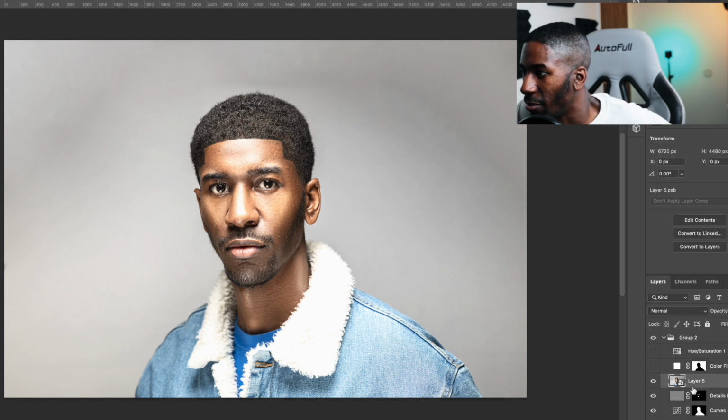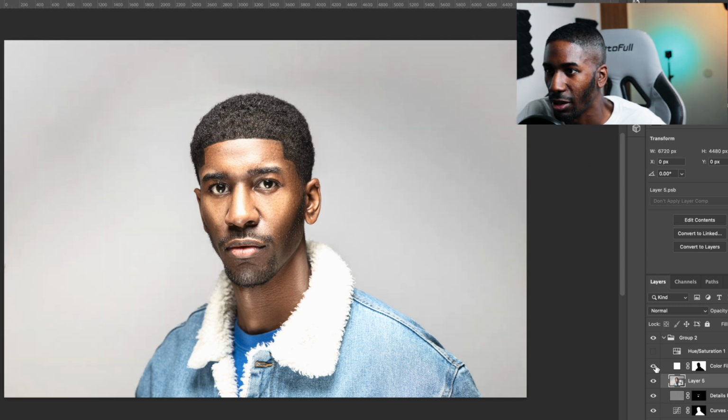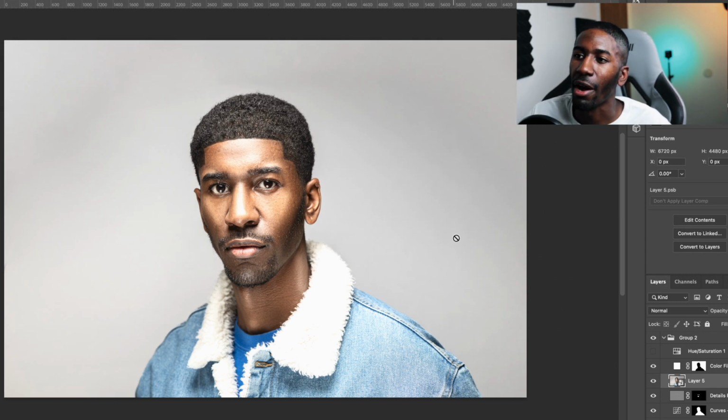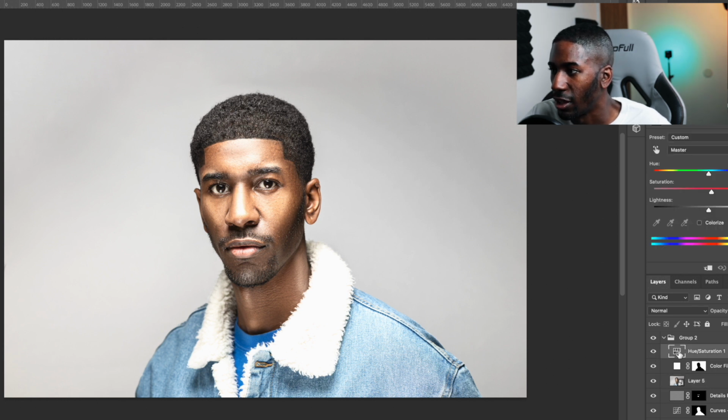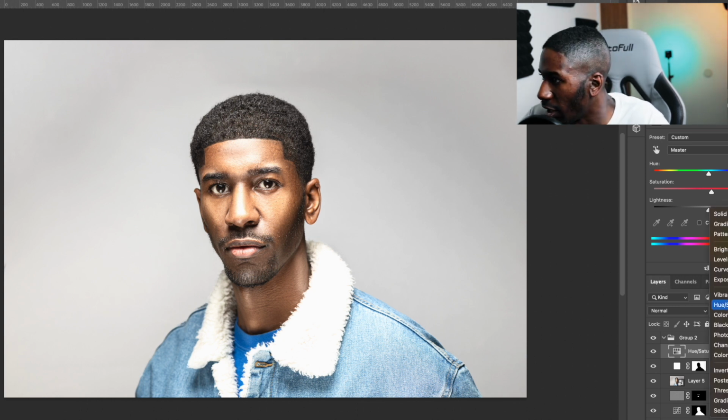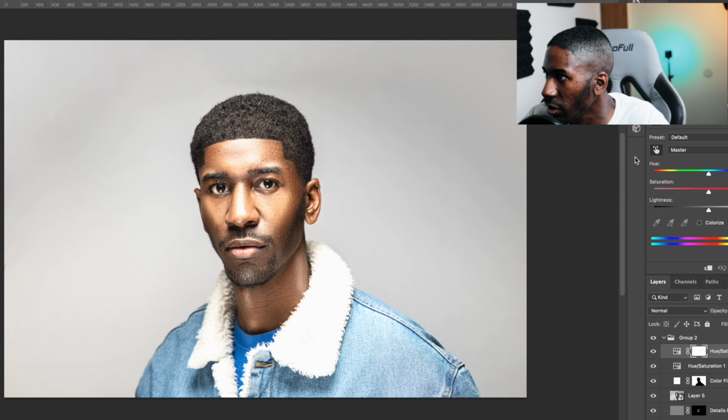This is just a stamp visible layer, and then I forgot what I did with this. Oh yeah, the background on this one with the color fill, because I was trying to get the background to be brighter. That way it gives it a lighter image. And then what did I do with this? I just increased the saturation. What I should have done with this image was add another one just to target my skin,